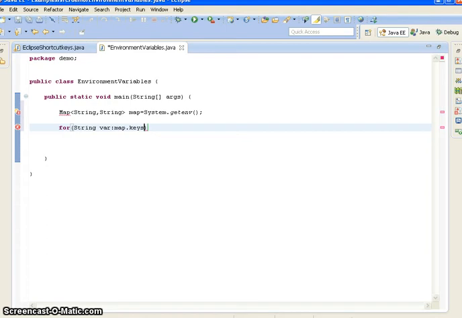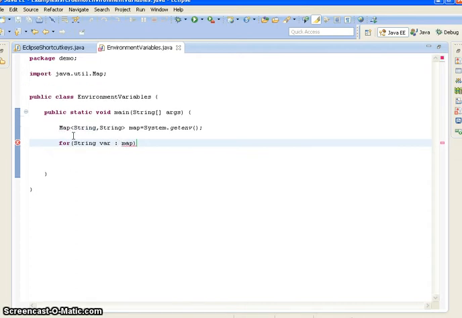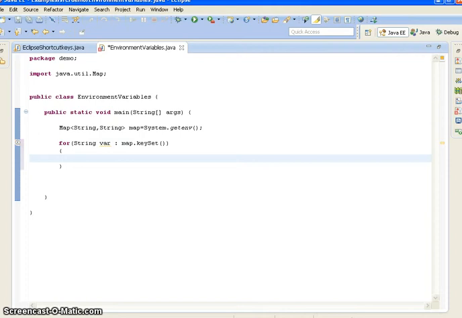As we know, we have a method in Map. Map.keySet will give the collection of keys of the map's key-value pairs.